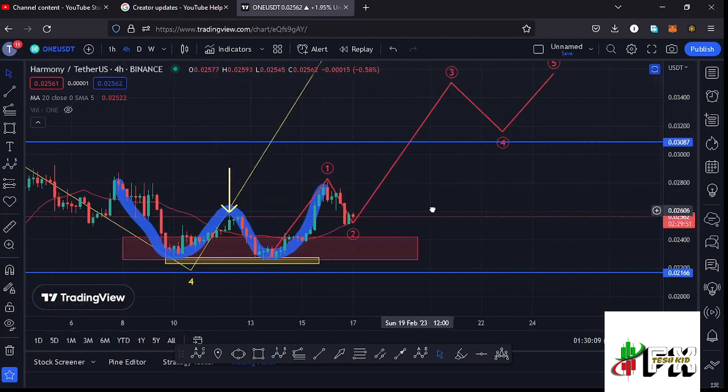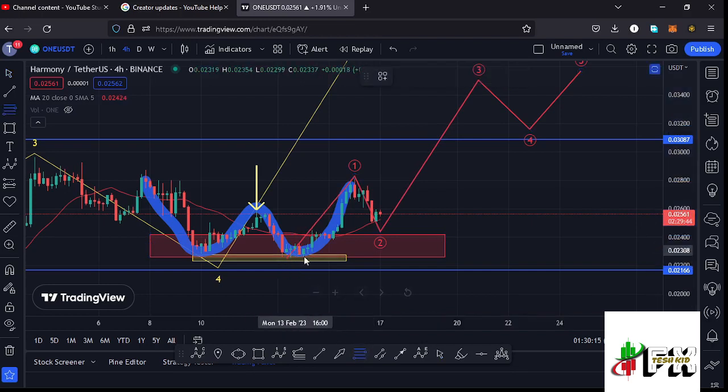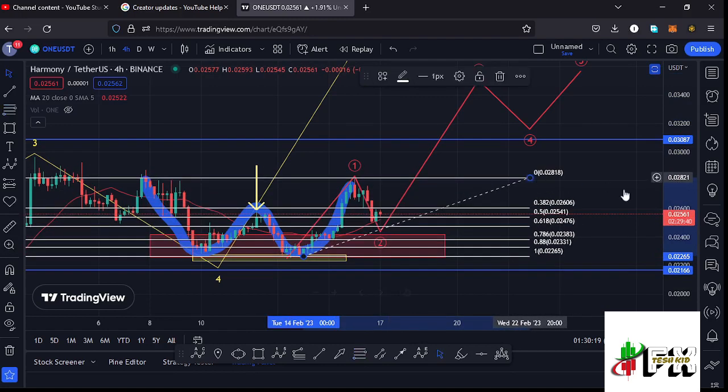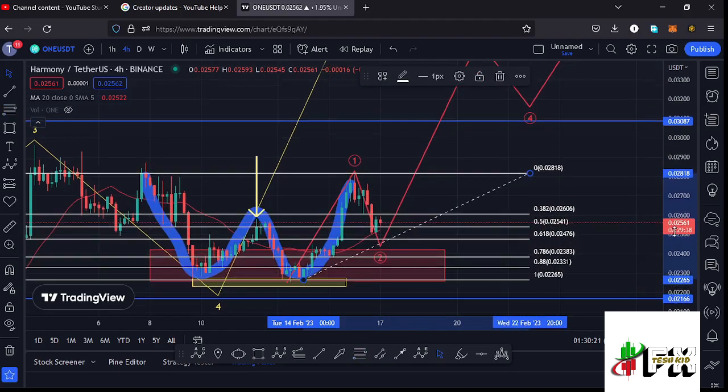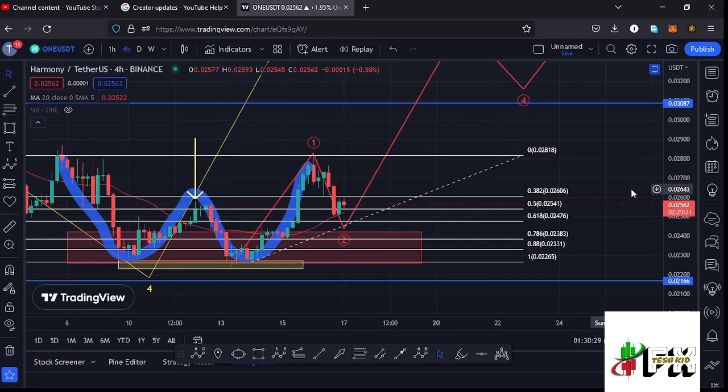And getting to see whether the second wave right here has done the minimum that we expect a second wave to the lower side to do by connecting the fibs from the low of the first wave to the high of that wave 1. That gives me a minimum retracement area in the formation of that wave 2 between the fib level 0.382 and the fib level 0.618, and I can mark that target area here on the charts like that,